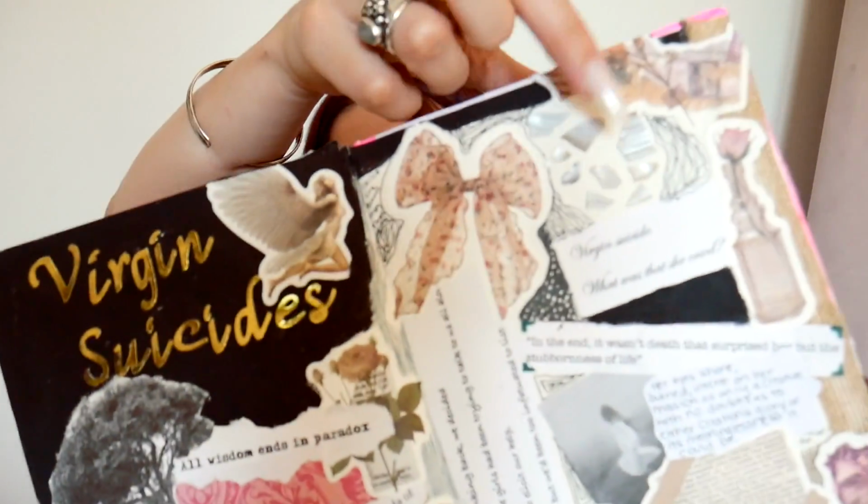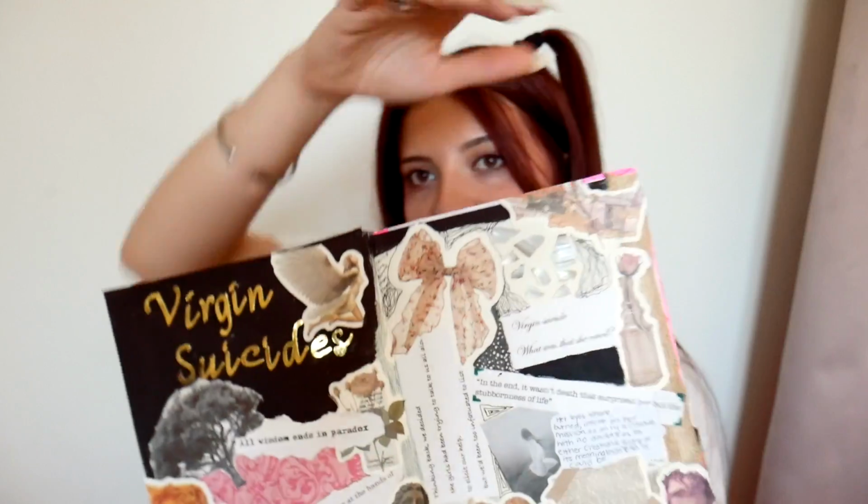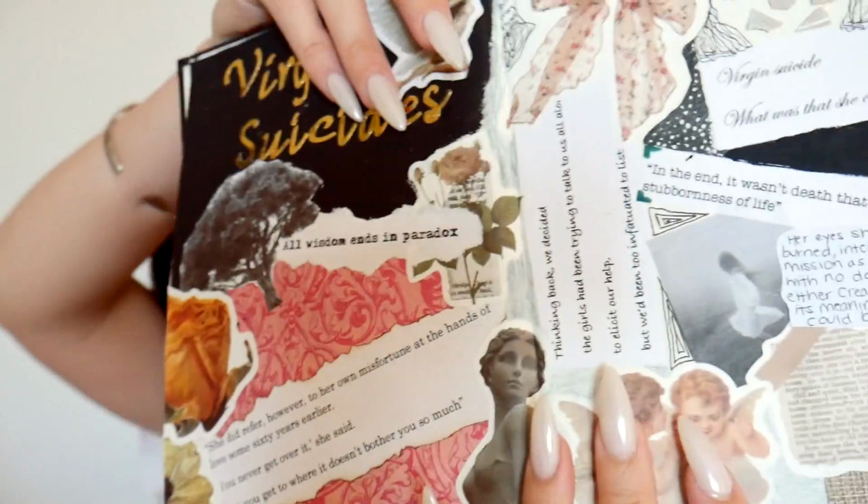For example, this is a clamshell my dad brought back for me from the cottage, and I just smashed it and put it in because I thought it went so well with the vibe. Just love the way it shimmers in the light. So that's great. Going forward, what I might do is just do the page completely visual and then do quotes